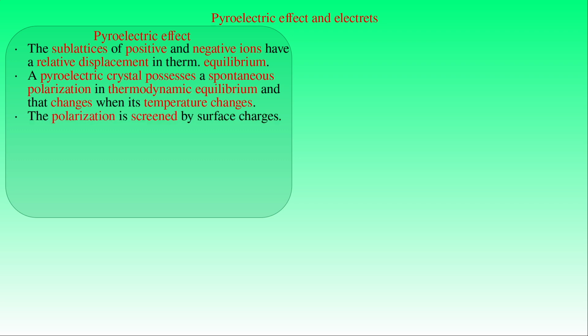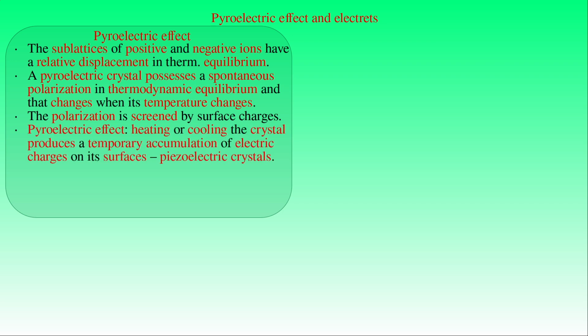The spontaneous polarization is screened by surface charges and ions adsorbed from the surrounding air onto the crystal surface. However, when the crystal is heated or cooled, its spontaneous polarization changes, producing new surface charges that can be detected until they are compensated by charges from the surrounding environment. As a result, heating or cooling the crystal produces a temporary accumulation of electric charges on its surfaces, a phenomenon known as the pyroelectric effect. The pyroelectric current generated during a temperature change is proportional to the rate of change of temperature and material properties of the crystal for a given electrode area.